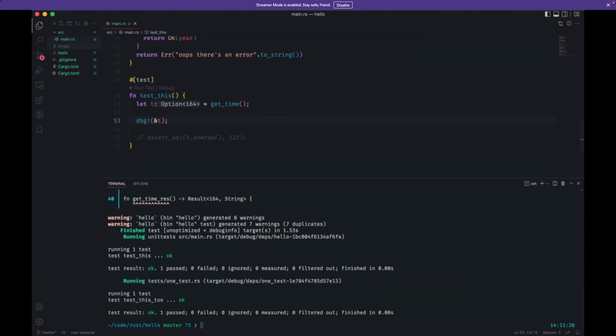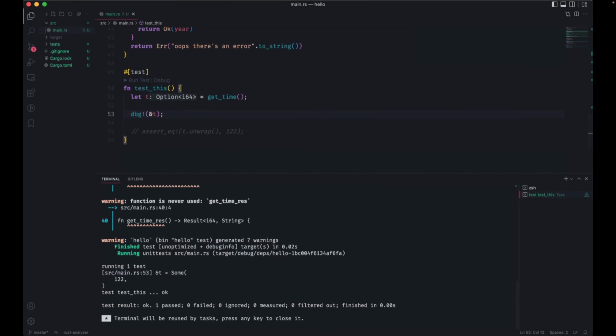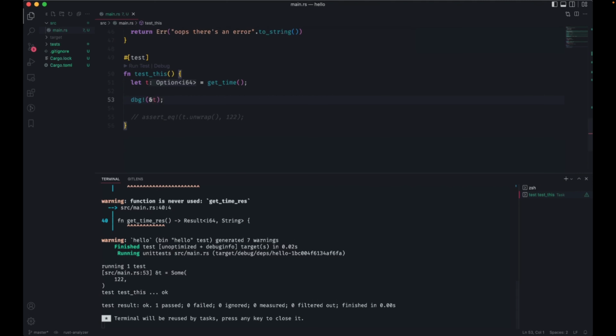I had actually put tests in another place. When I do this in VS Code, I have lately been just hitting the test button right here and getting my test output at the bottom. Again, dbg is a debug print, which will handle most things and format things for you. It'll also give you a link to your code here, so you can find stuff. That's why we use debug when we're just developing, rather than a print statement.